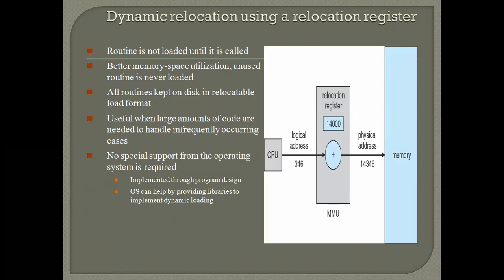In simple terms, the address generated by the CPU is a logical address, which is not known to the main memory, and the physical memory or the main memory knows only the physical address. Therefore, the address generated by the CPU is compared with the limit register, and if the value is lower, it is added to the value in the relocation register to yield a physical address. In simple terms, the CPU can generate a logical address corresponding to the physical address range, where the range value is stored in the relocation register.